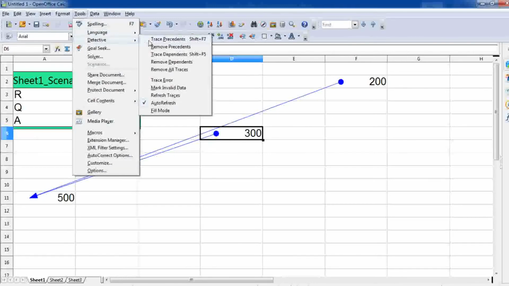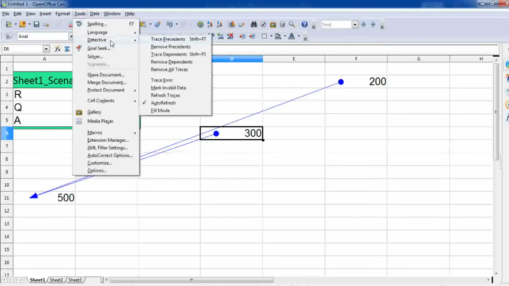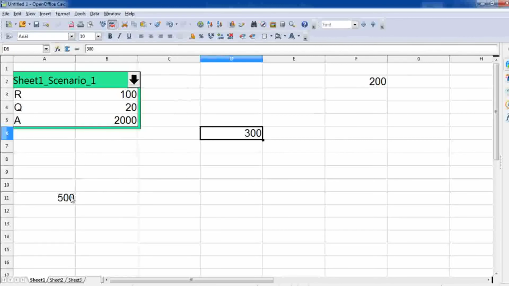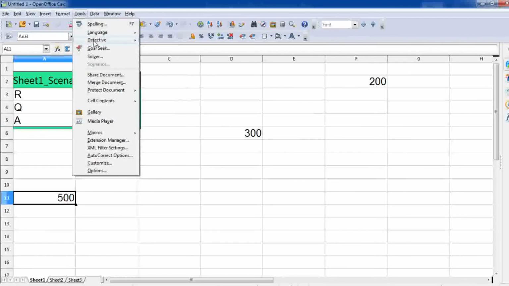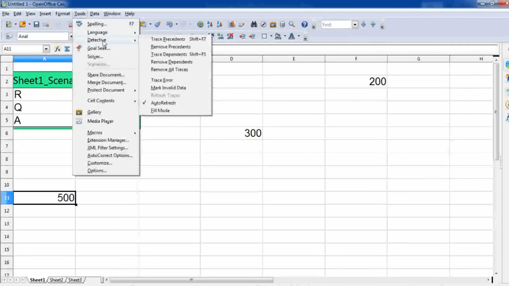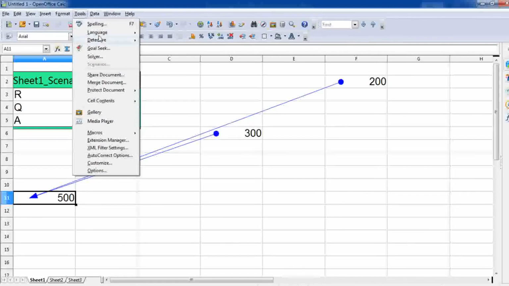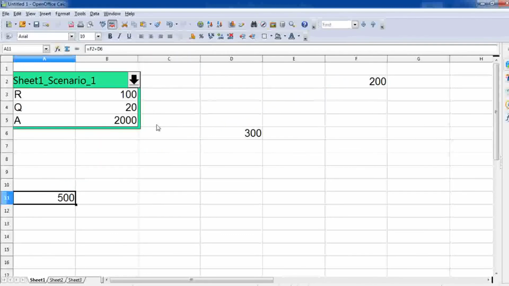Before that you have to select the cell. Okay, if you select a cell which has a formula, then this option won't be used. Suppose this one, Tools, Detective, Trace Dependents. So nothing will happen. But if you want to check that one, then you can use this Trace Precedents. So here it is displaying both the values of those cells. So I hope you understood this, how to display arrow points.